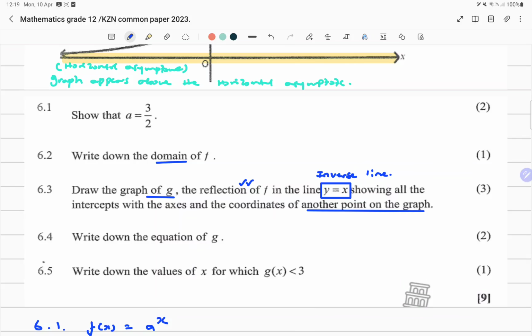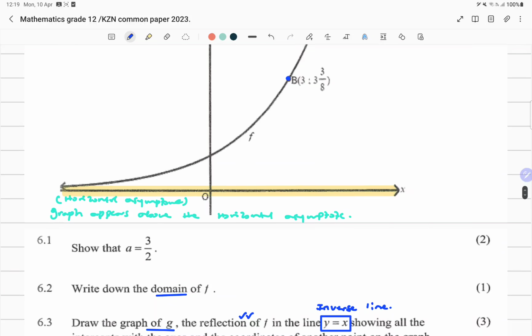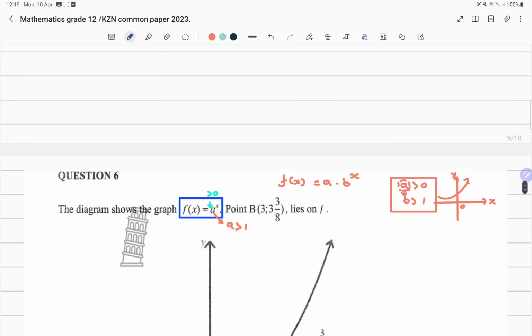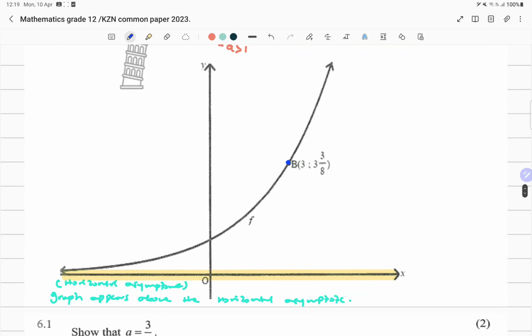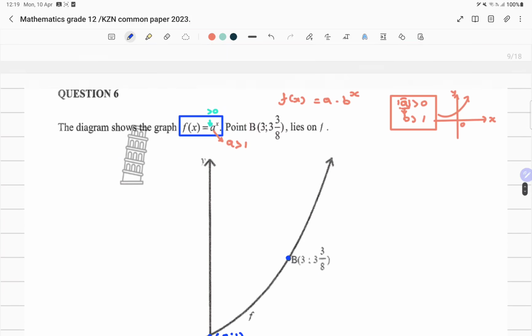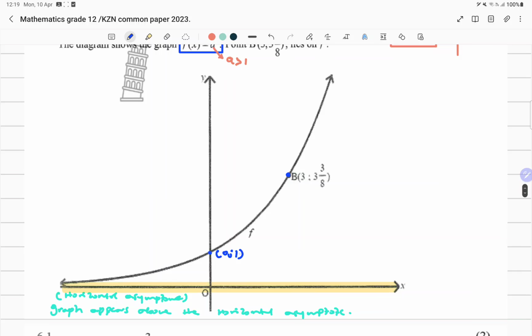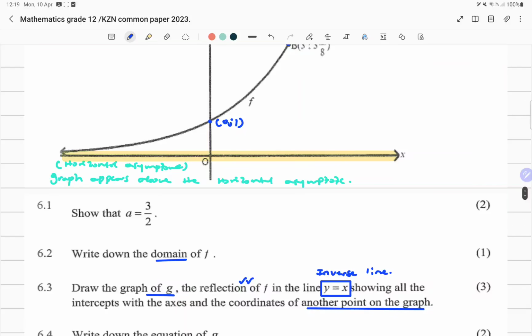on the graph. So honestly, this is going to be easy because we know this graph was not shifted about or anything. So we know the y-intercept here should be 0 and 1, almost always. Because when you put x as 0, any number to exponent 0 is basically 1. So this is basically going to be 0 and 1. And then we want to draw,